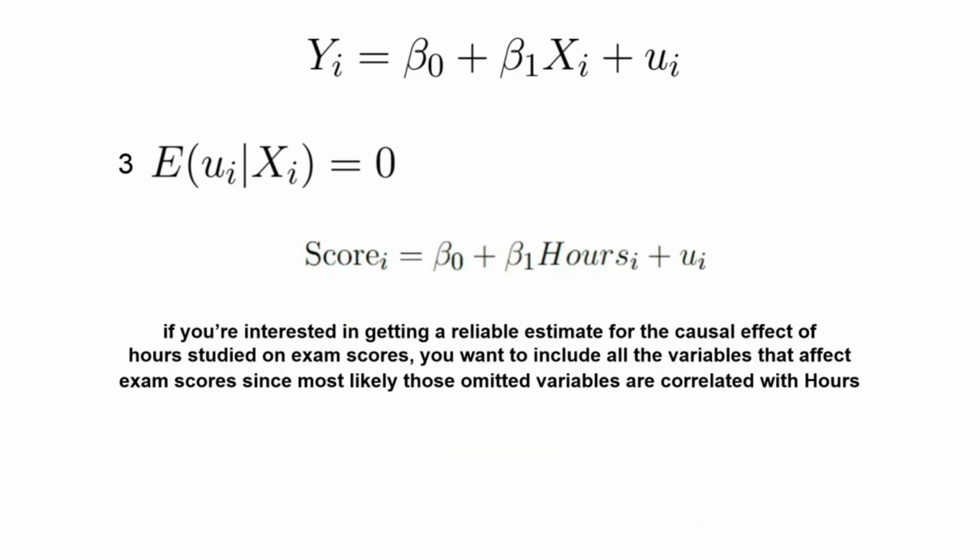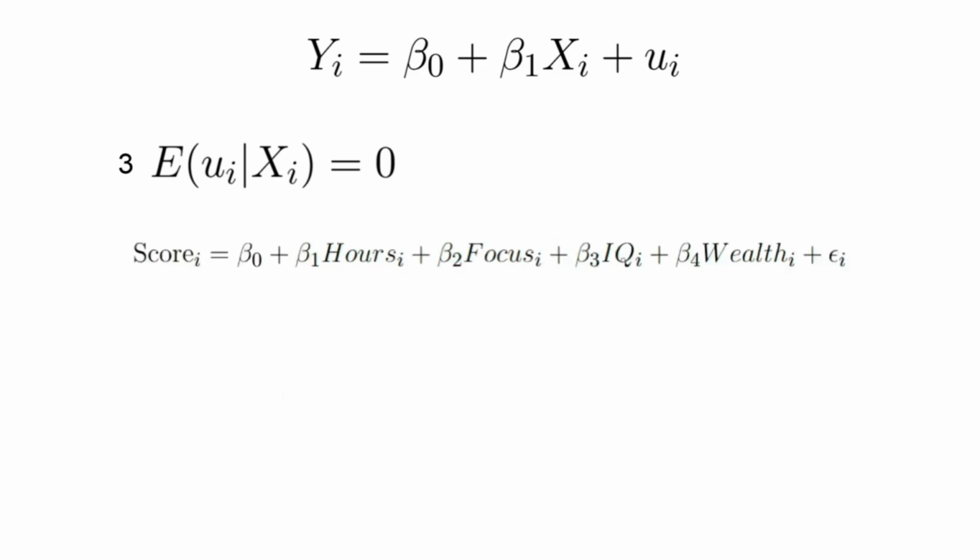The lesson is that if you're interested in getting a reliable estimate for the causal effect of hours studied on exam scores, you want to include all the variables that affect exam scores, since most likely those omitted variables are correlated with hours studied. So then this model here with 4 variables would definitely be a better model. So this model is now saying that exam score depends on hours studied, focus level of a student, IQ, and